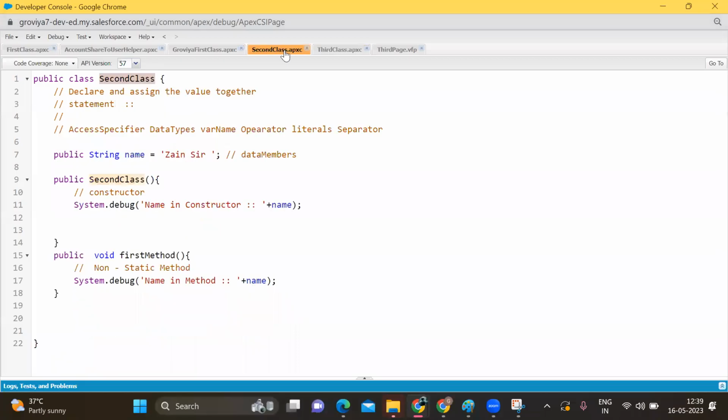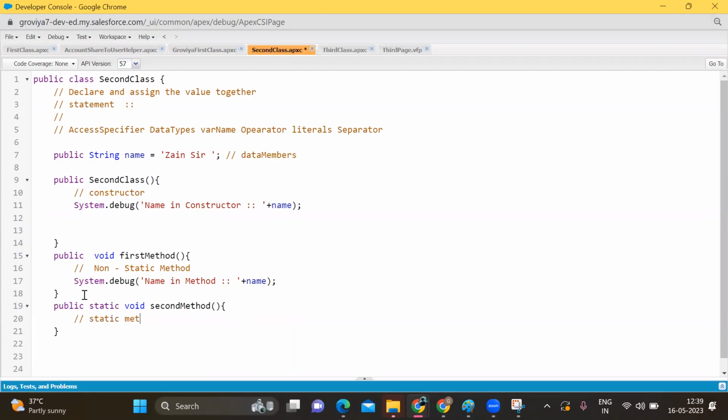So we have one class that is second class. Okay. So I'm going to create one method. Method name is second method. So I've created one static method. Okay. If I'll write system.debug,